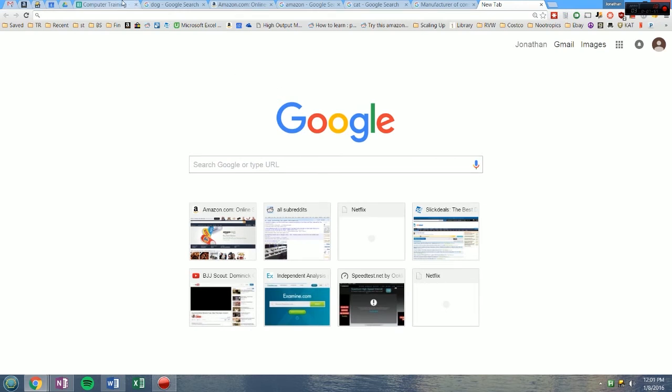And Control Z and Control Y for undoing and redoing will work in Google Chrome as well. And very helpful in Microsoft Word when you make a mistake or whatever. But let's say I type in